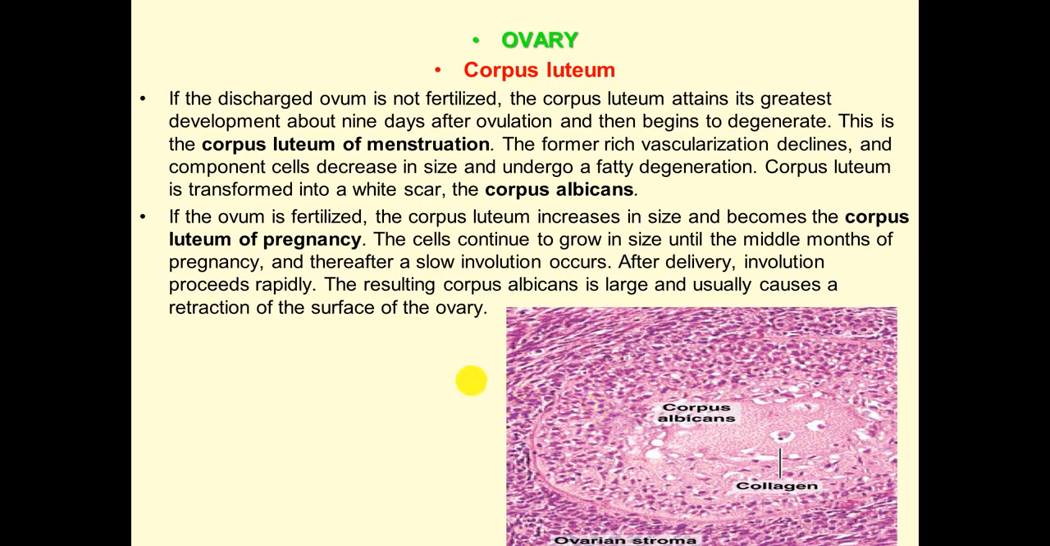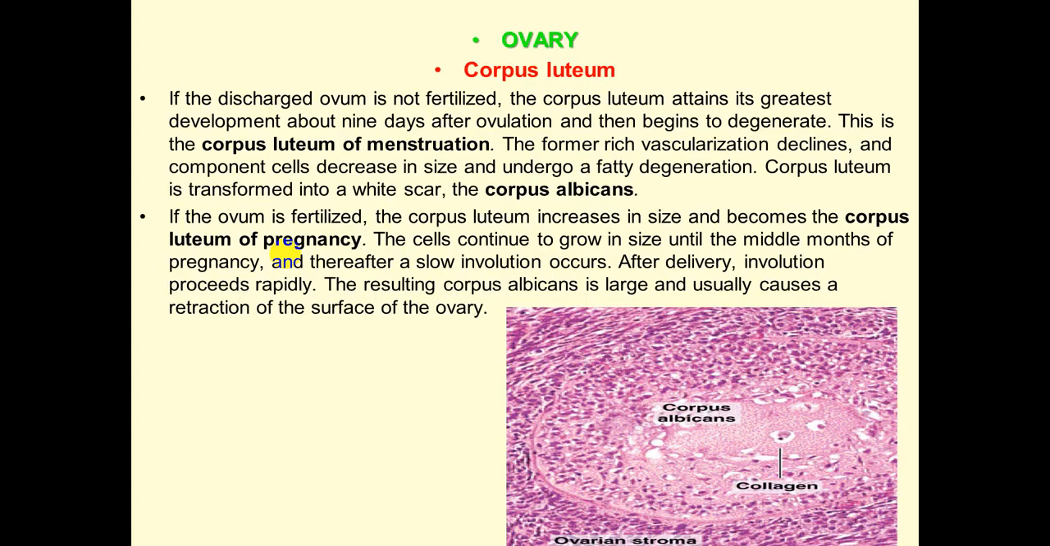But if pregnancy happened and the ovum is fertilized, the corpus luteum increases in size and becomes the corpus luteum of pregnancy. Progesterone is critically important for pregnancy. This hormone we call the hormone which saves the pregnancy, and progesterone is necessary for the